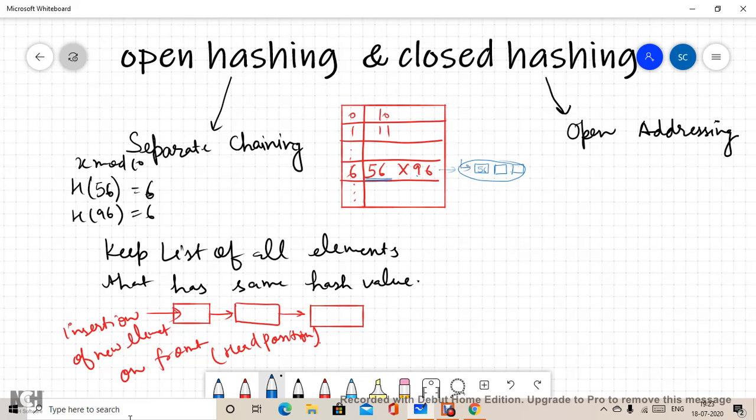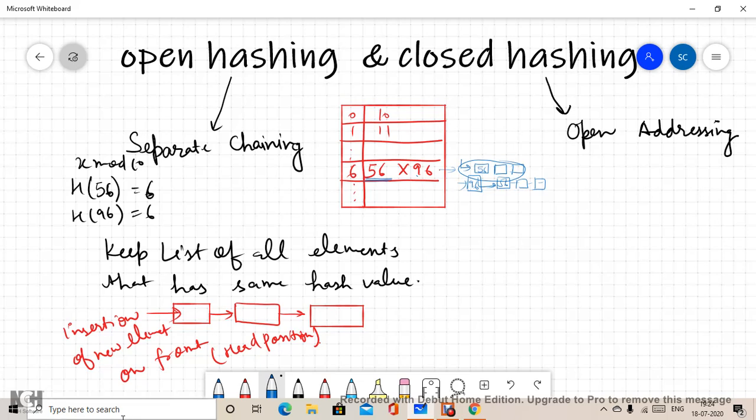Now when 96 comes into the picture, 56 will be in this location with these nodes, and on the head a node containing 96 will be added in the front of the linked list. This is known as open hashing or separate chaining, which can avoid the collision by using this scheme.